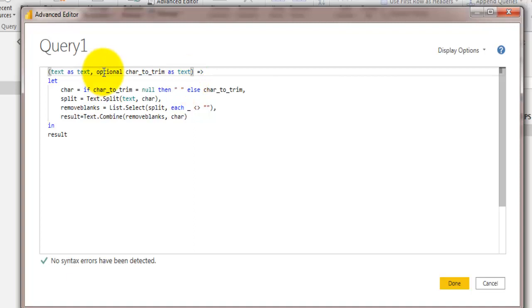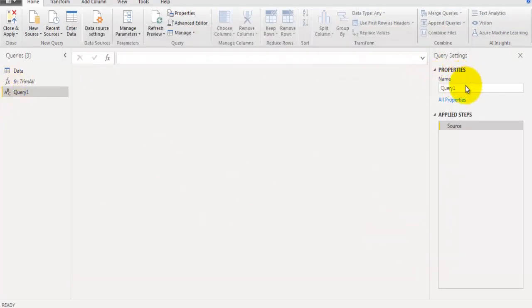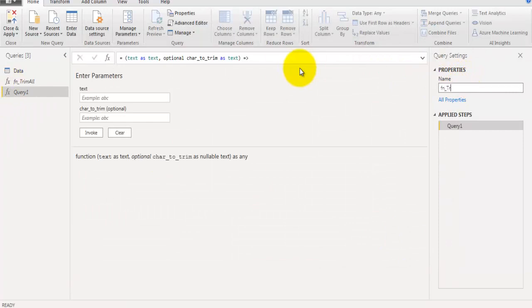If we do not provide value for that, it will take space as default character to be removed. Now here it again goes and splits text by the given character. If the character is not provided, then it will split the text by space and it will remove the unwanted spaces. Now let's click on done and rename this function as fn underscore trim all to.